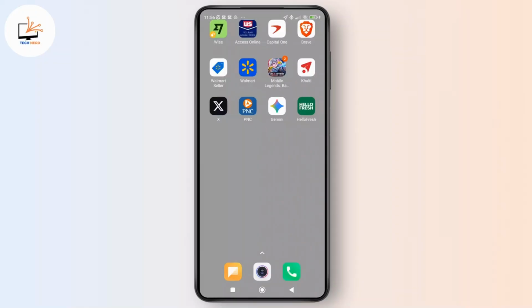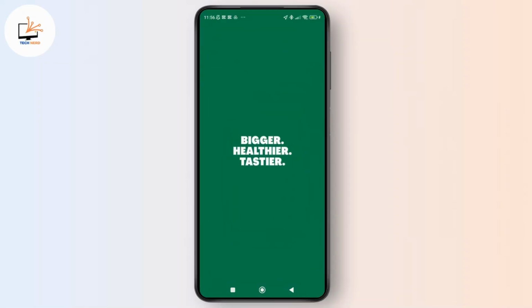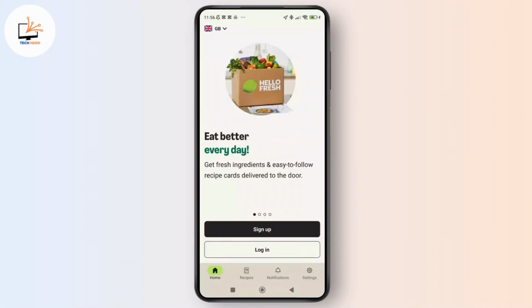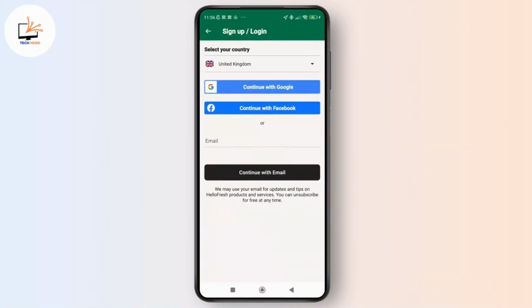So first things first, open the HelloFresh app on your phone, and now here, once you're inside the app on the main dashboard, you'll see the interface like this. From there, you can simply tap on the login button, and after that you'll be prompted to the sign in